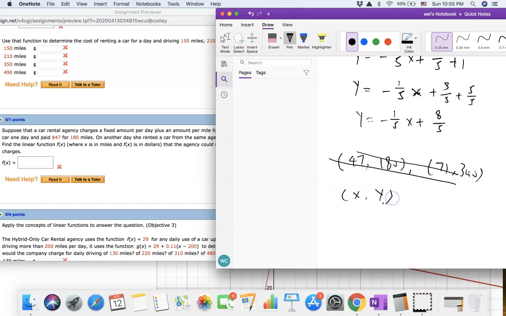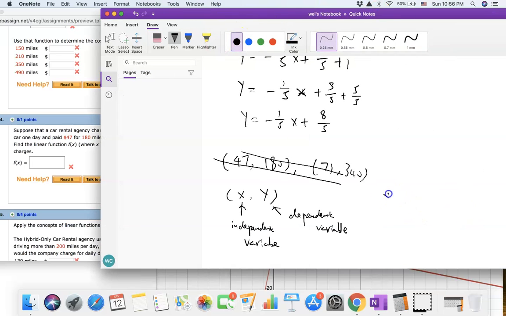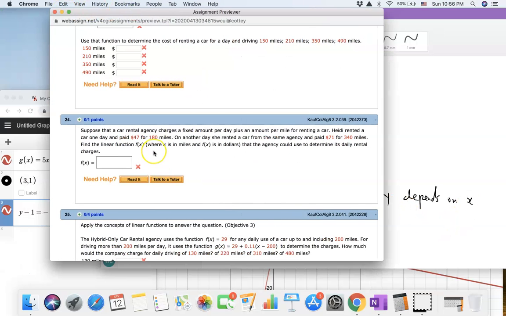These are not right, because we said in the point the x coordinate is the independent variable, and the y coordinate is the dependent variable. Dependent variable means the value of y depends on the value of x. So as x changes, y changes. Okay. So if we look at this problem,